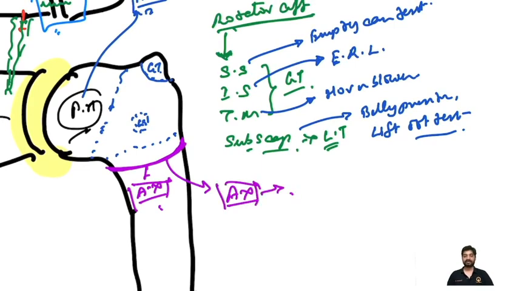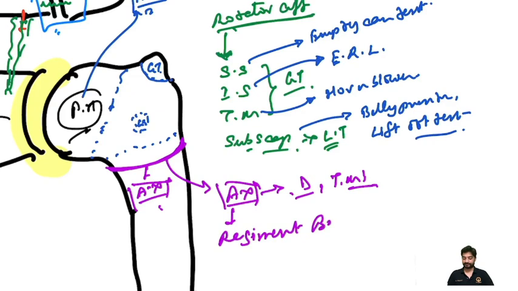The axillary nerve supplies your deltoid muscle and teres minor muscle. So there will be atrophy of your deltoid muscle, and it also gives sensory supply along the lateral part of your deltoid, which will generate an important sign known as